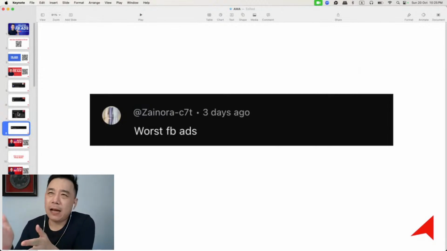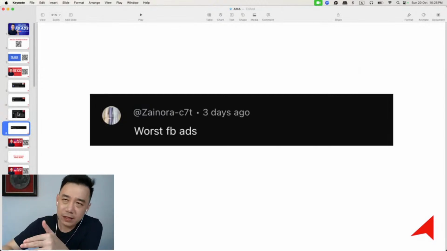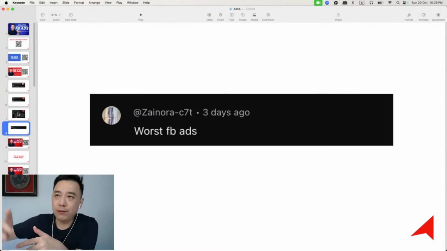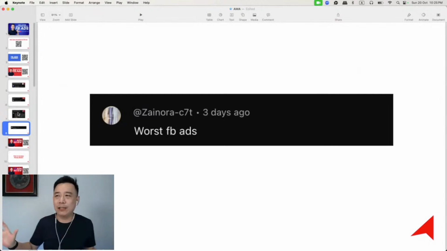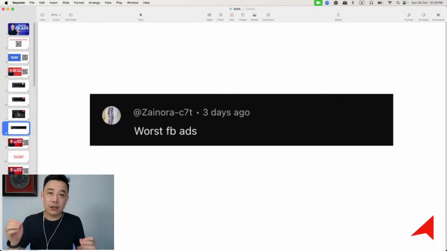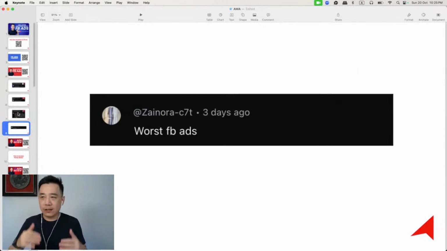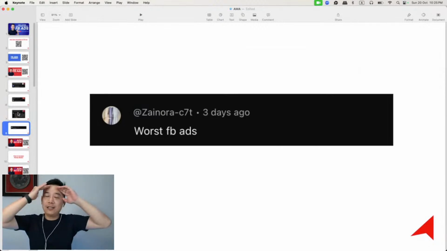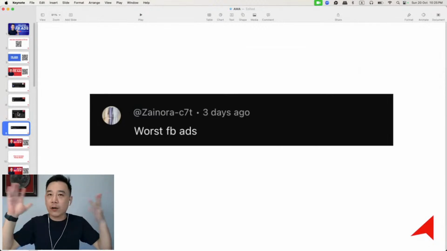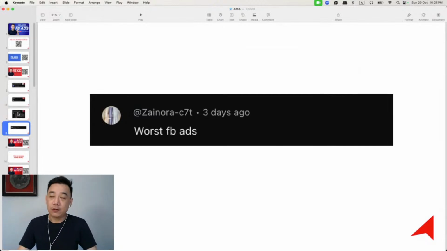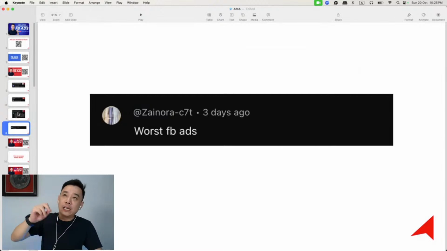And then how many people added to cart, the percentage of landing page view to add to cart, or the percentage of landing page view to lead and all that. So there are many things that we can look into and find why our campaign is not working. To me, it's very simple. If a campaign is not working, do not just throw it away and start fresh. Find out why first. Otherwise, you'll be repeating the same mistake over and over again, and you'll have a lot of frustration because you're not seeing results. And whatever you test, you can't seem to wrap your mind around what's working and what's not working. Analyze first.